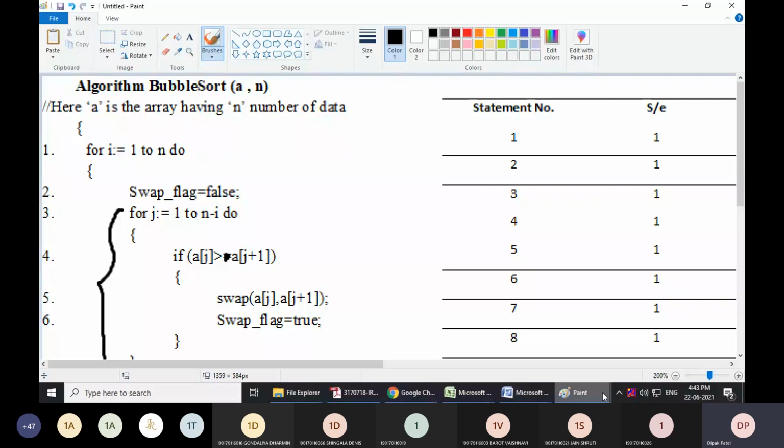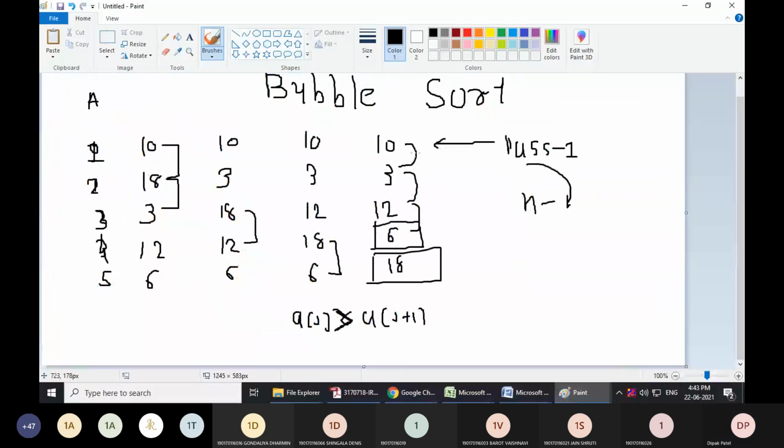See, how many passes do we need to perform? The first pass will arrange the highest element at last. The second pass will arrange the second last. The third pass will be third last. The fourth pass will be fourth last. If you arrange the fourth last element, then the last element will be automatically sorted.